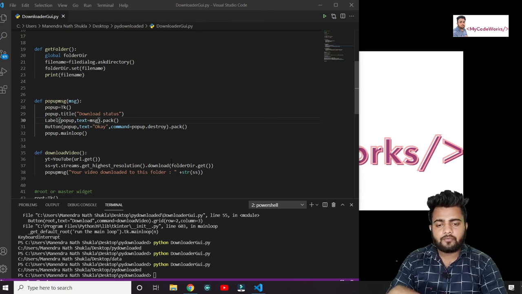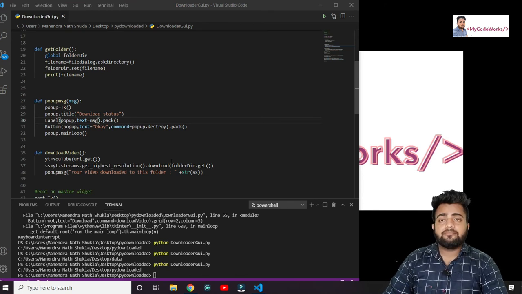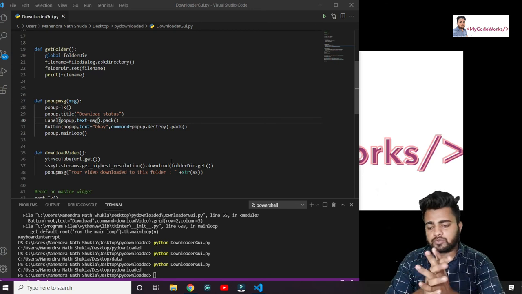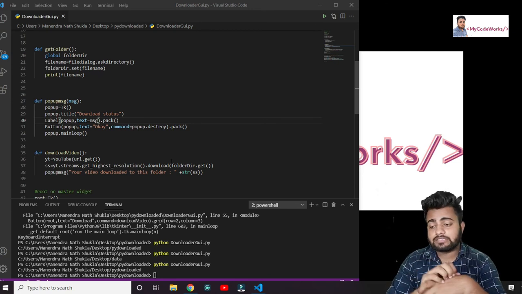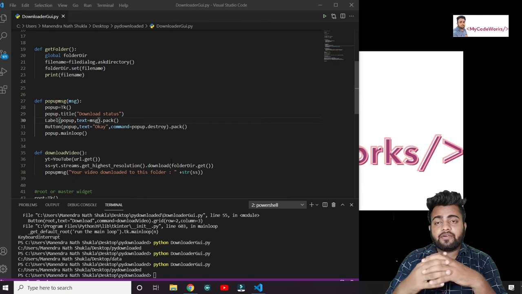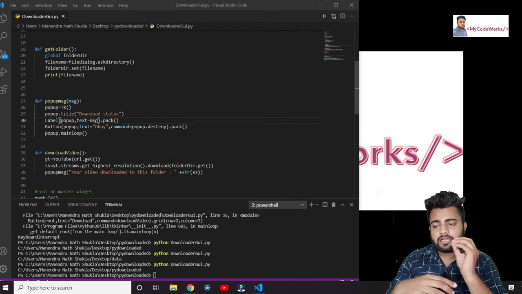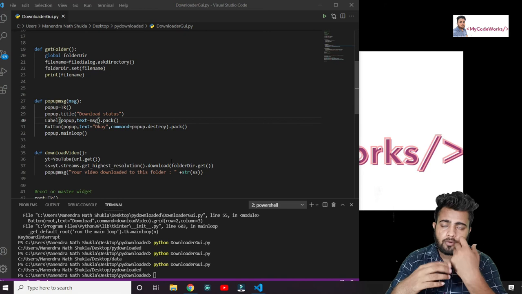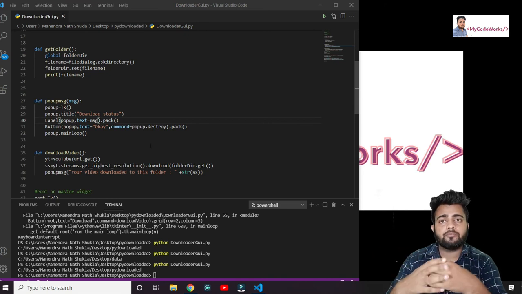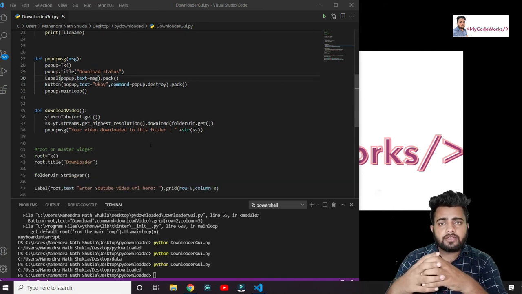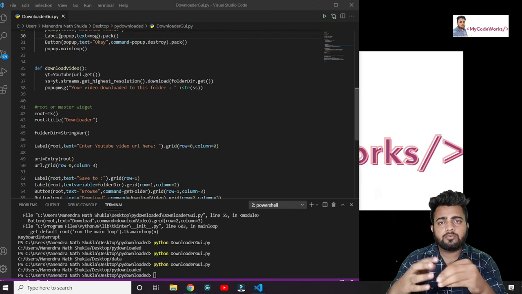So now guys, we have made a simple YouTube video downloader, right. So the home task for you guys will be how we can classify whether the given link is a YouTube video link or not, right. So that part is yours. If it is not, then just create one more pop-up window saying that the link you provided is not a YouTube link, and please provide a YouTube link, right.